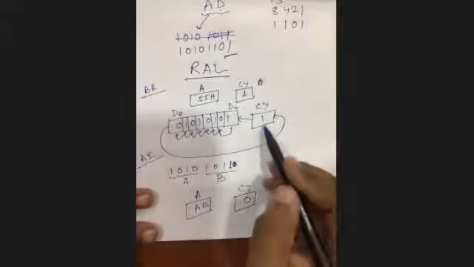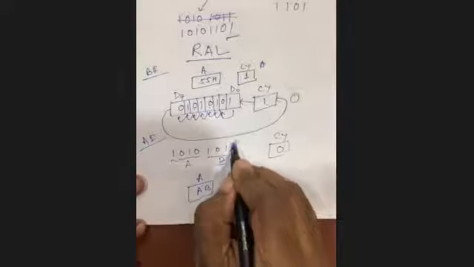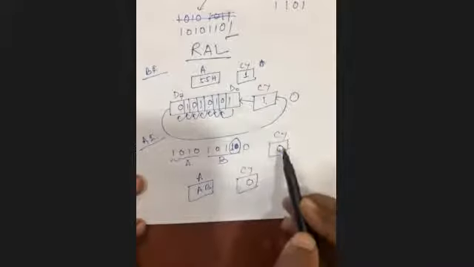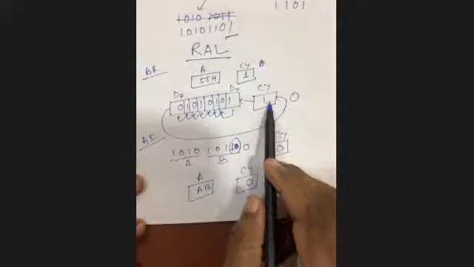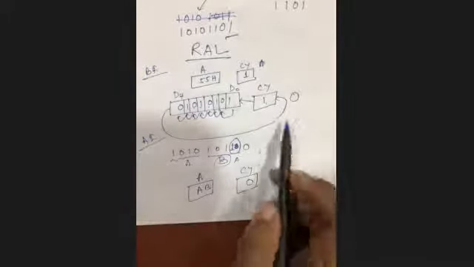If it is 0, previously, assuming it is 0, then what will happen? If 0, then this number also becomes 0, and the carry flag will also be 0. That's why I'm assuming it's 1; maybe you can assume 0, no issues. If it is 0, then the number will not be B, it will be A, if the content of the carry flag is 0 before the instruction. Is it clear? Yes, sir.